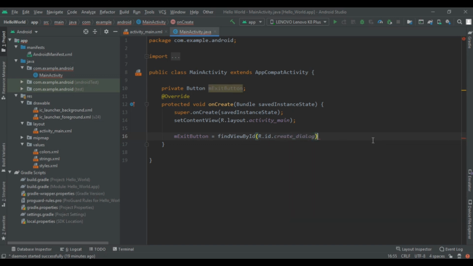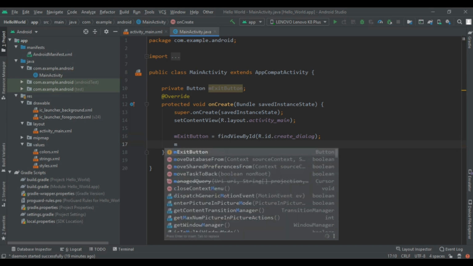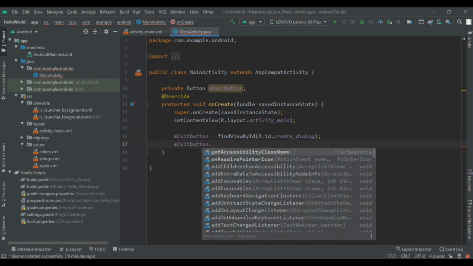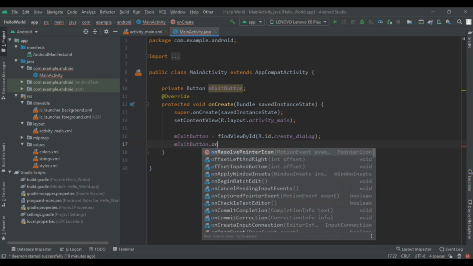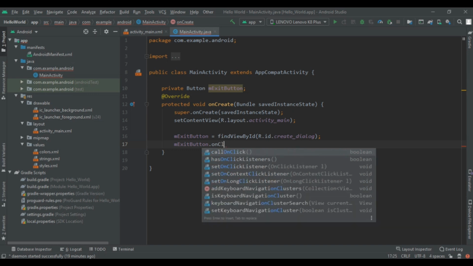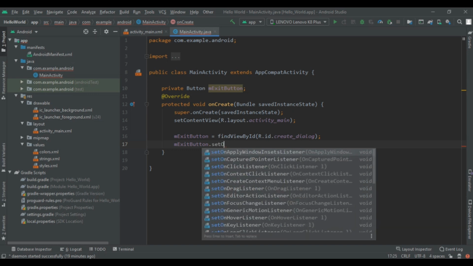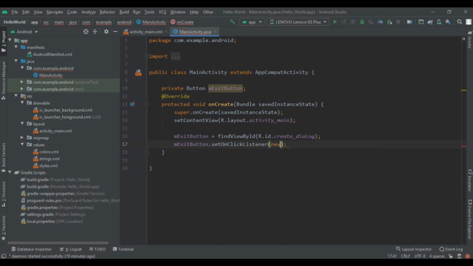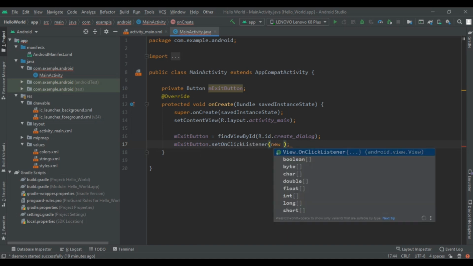After that, we are going to add a click listener on our exit button. So mExitButton.setOnClickListener, and then new OnClickListener.